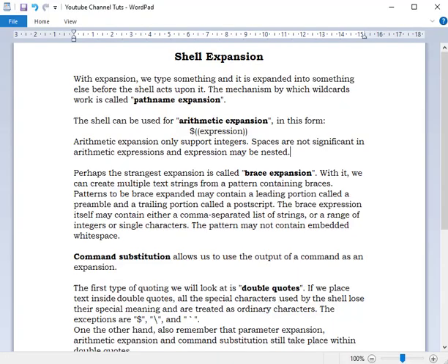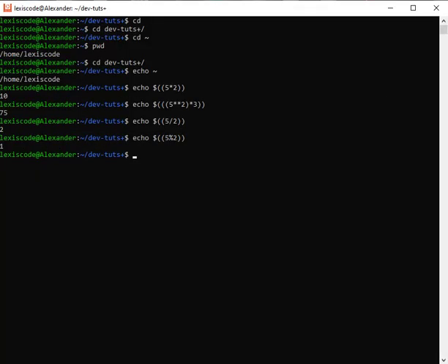Let me go back to the notes, please. This brace expansion works a bit similar to wildcards, not really wildcards per se, but looks somehow similar. The reason being that, for example, now if I want to create a file,